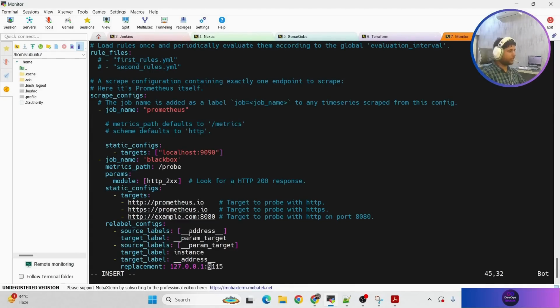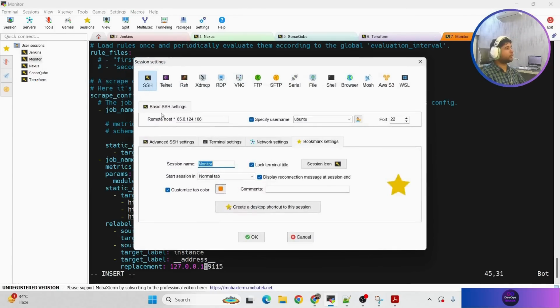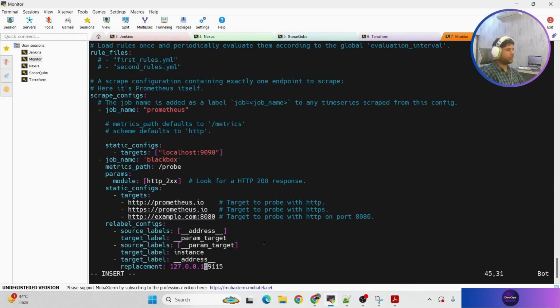Okay, after that we need to provide the IP address where Blackbox is running, right? In our case, it's running on the same machine. That means I can simply leave it as it is, like this one, localhost, right? In case your Blackbox and Prometheus are running on different machines, you need to provide the IP address, right? Like this. Here also, see, it won't be having an issue even if I put the IP address,